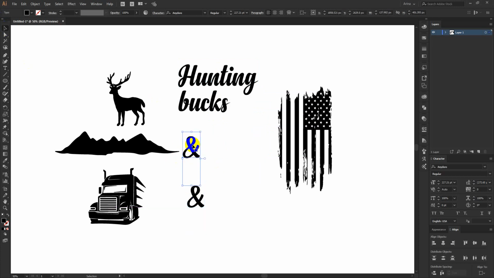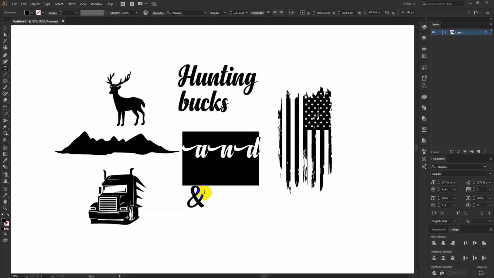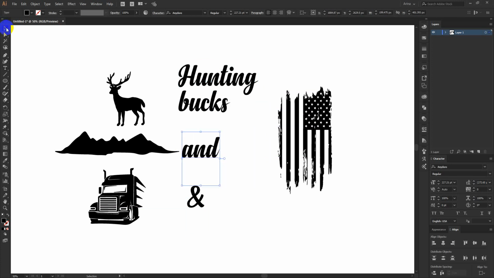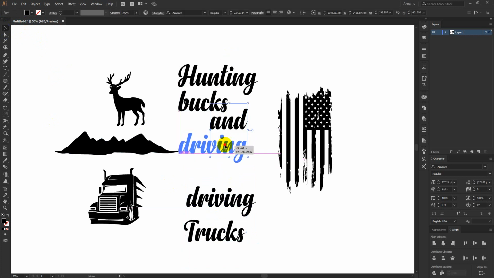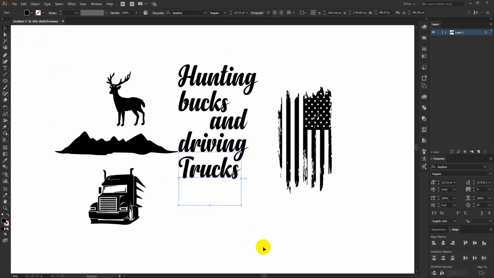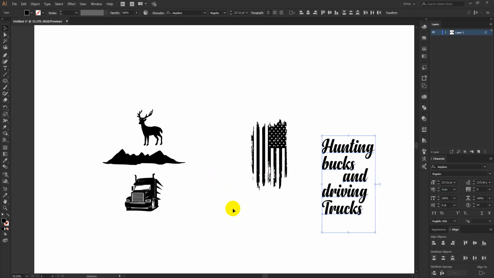I don't like this, and some fonts don't support this type of character. You can see here is another option for that, but no, I want that text. Okay, so this is my text, this is the message I am going to design. In this design I am not going to focus on the text, I am going to focus on the graphics I want to make.